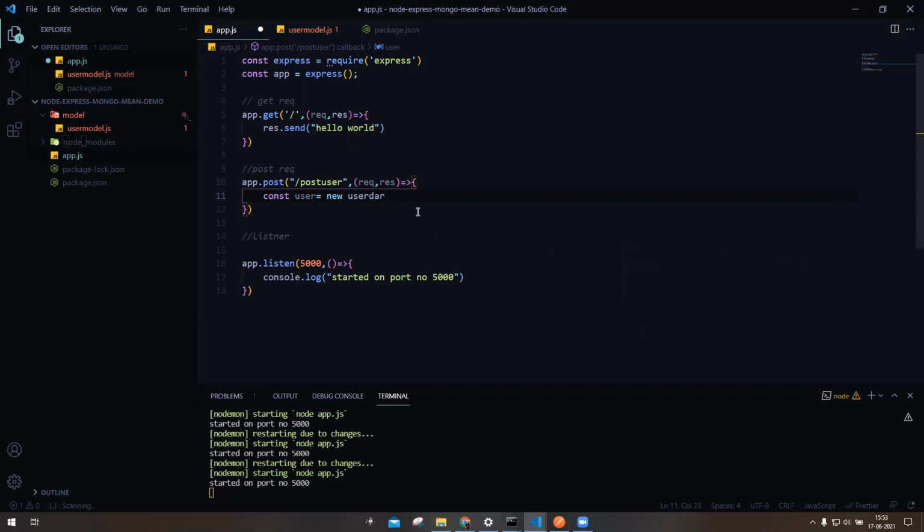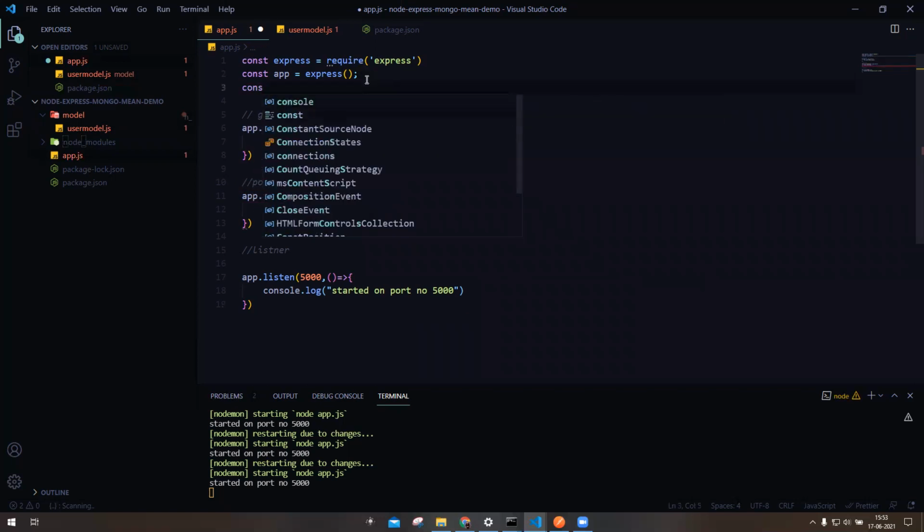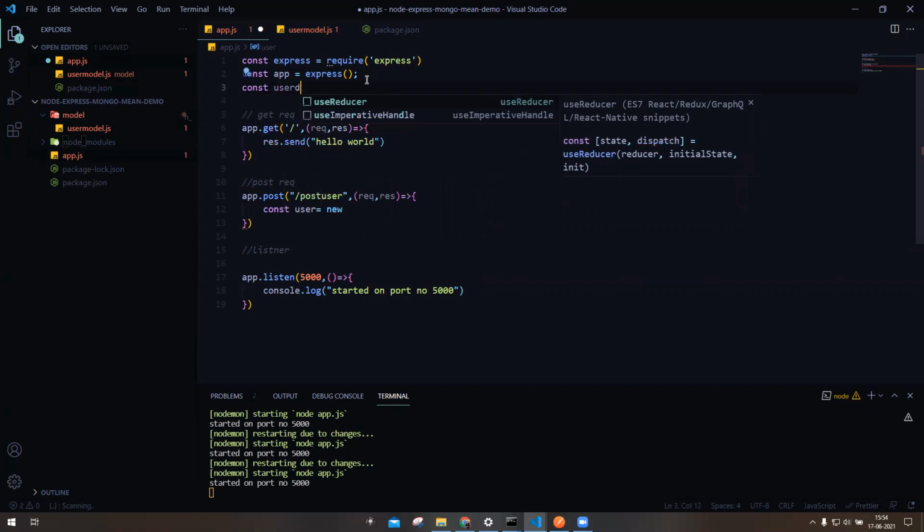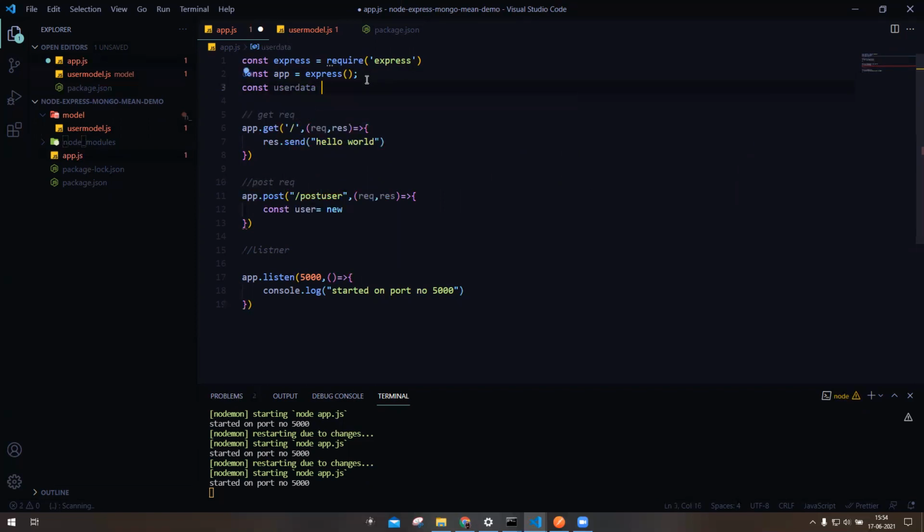First we have to import that model. We'll go to the directory model/user model. So we'll create an instance of that user data.